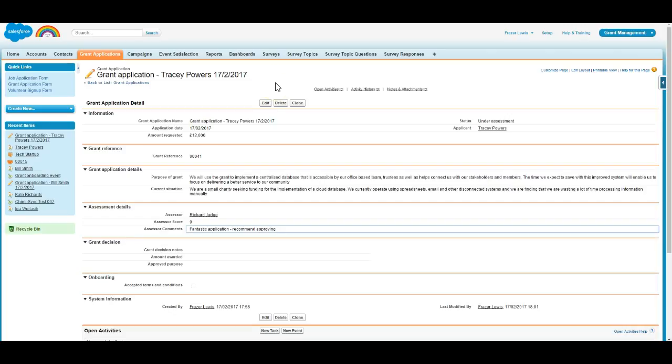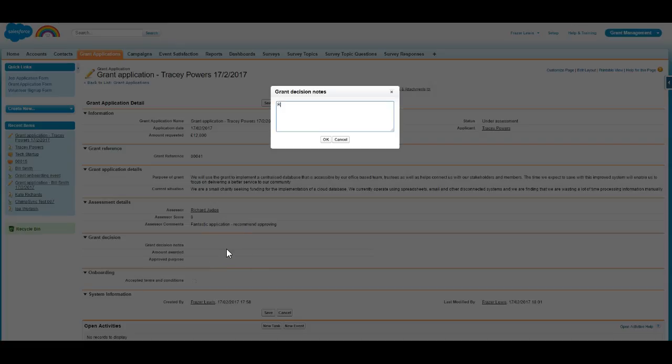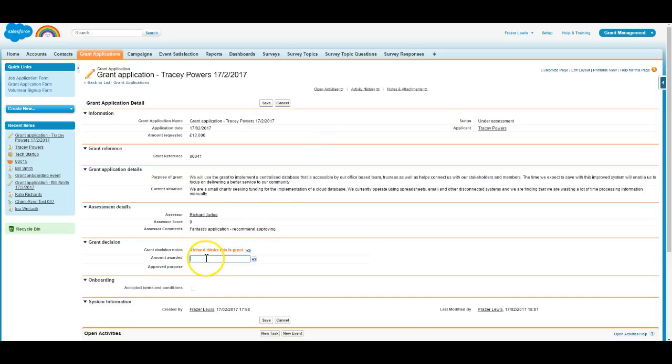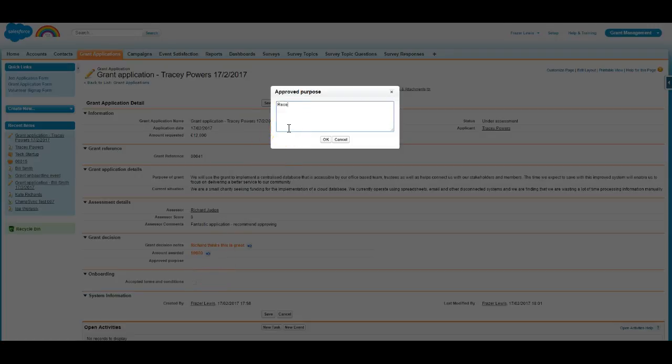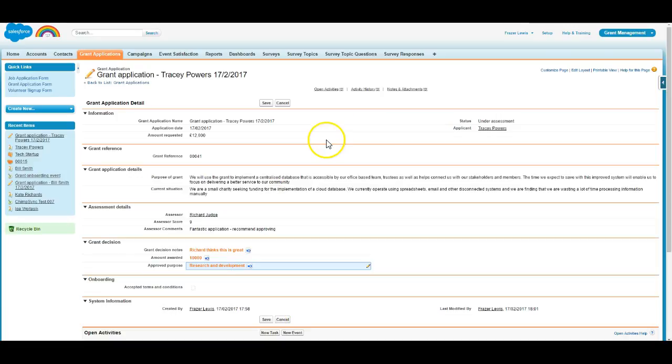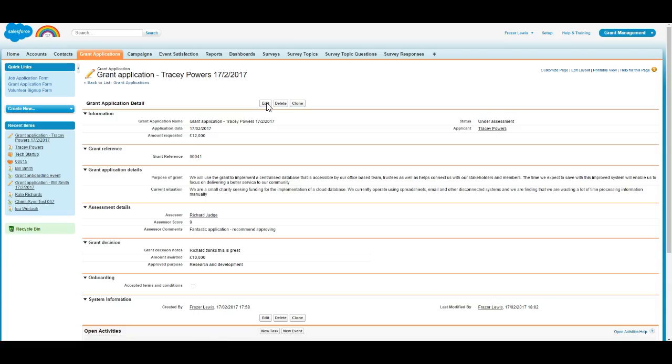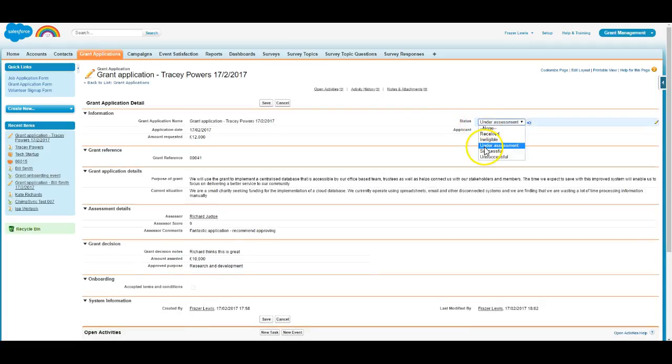So the grant admin person could look at that. They could put some notes in, and they just make some extra notes. Now they might decide, well, £12,000, they've asked for too much, we're only going to award £10,000, and this is going to be for research and development. So they put that information in against the grant, which is now, by the way, changed status to under assessment. Save that, and then change the status to the next step along, which is that it's been successful. Click save,